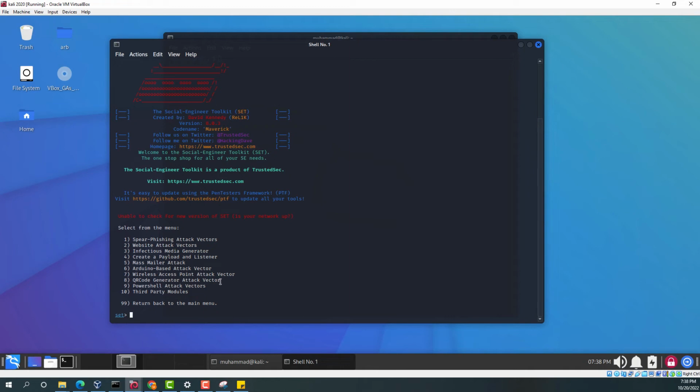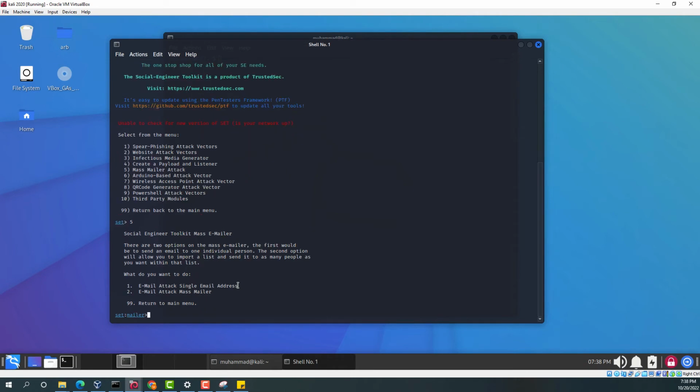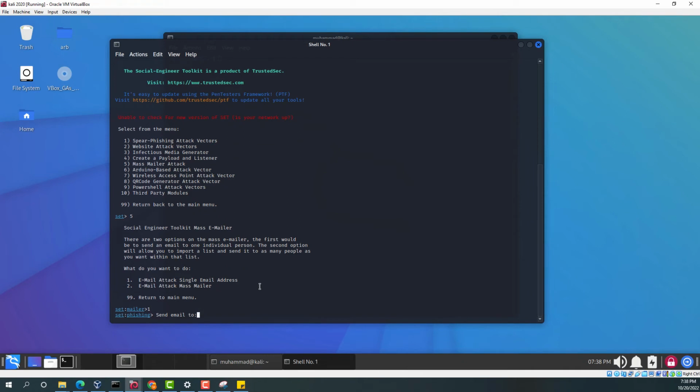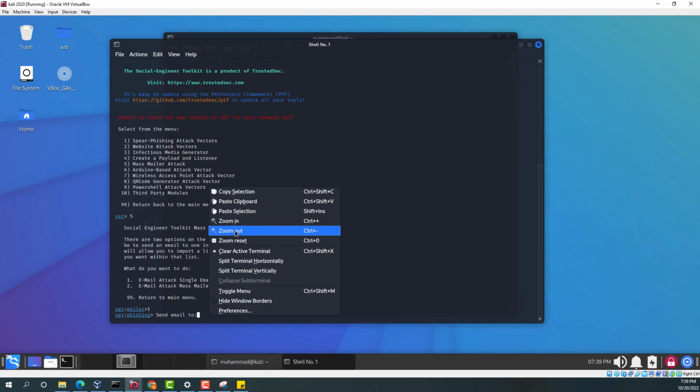So we need a mass mailer attack, number 5, and then we need a single email attack, again number 1, and then it's gonna prompt asking us which mail we want to send this mail from. So I'm gonna choose another account. I'm gonna do copy paste